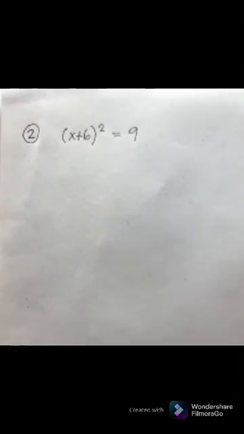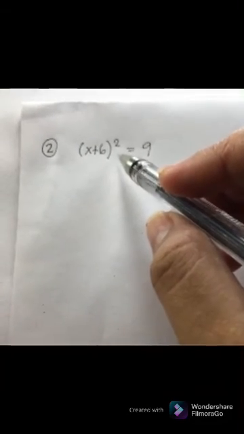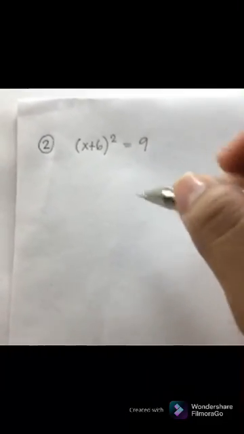This time we have number 2, that is the quantity of x plus 6 squared equals 9. So as we can observe, we have there the squared. So we're going directly use this extracting square roots. So first, let us copy x plus 6 squared equals 9. So we're going to use the square root to cancel the squared, so they'll be cancelled. The remaining will be x plus 6. And the square root of 9, that is positive, negative